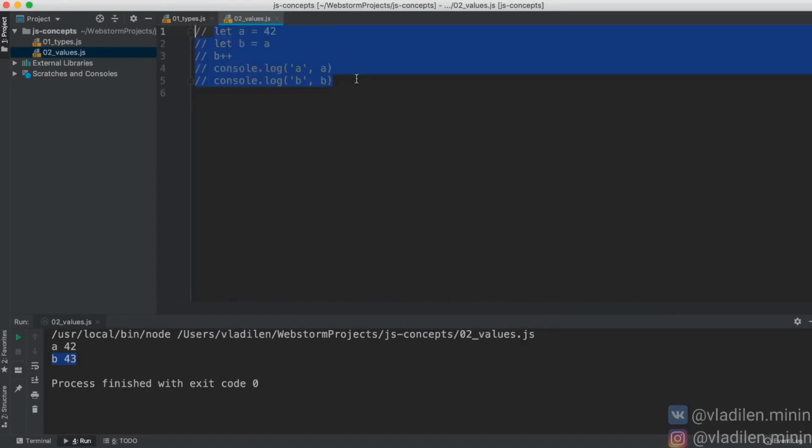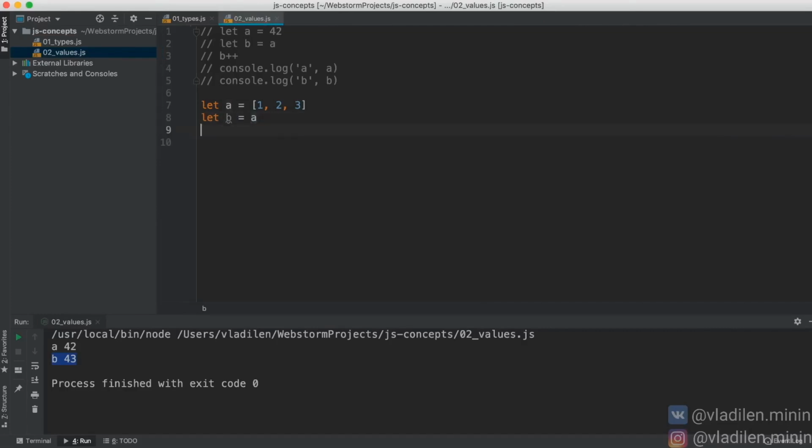Now, the next example shows how specific data types work, such as arrays. Let's say here I create a variable a that equals 1, 2, 3, for instance. Next, I will create a variable b that will equal the array a. Now I will take into account that we have an array in variable b, and using the push method, I will add, for example, the number 4 to it. And now, if we look at variable a and look at variable b,